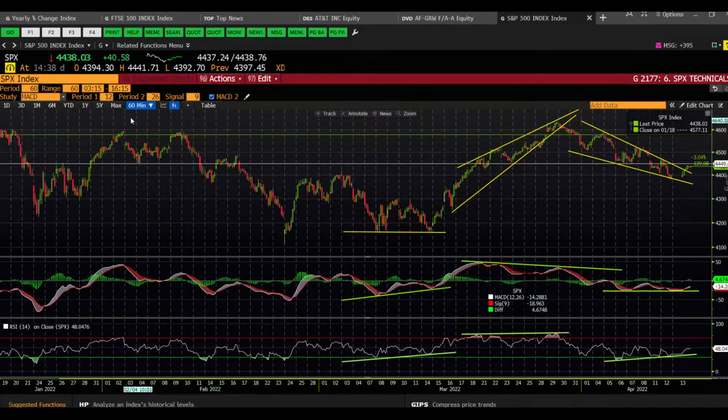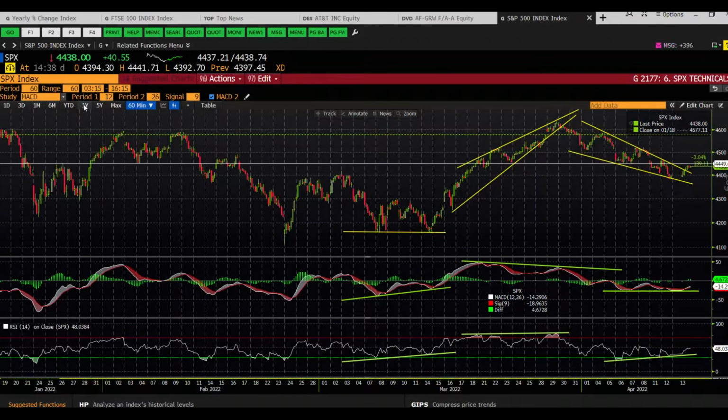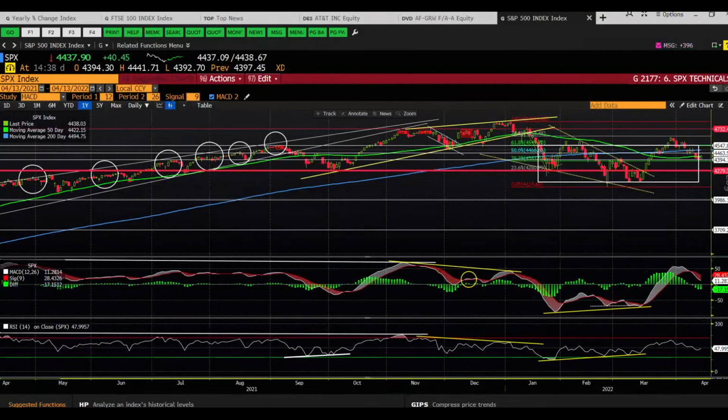But of course, for our purposes, we're more interested in things like the 1-year daily chart. And there, we still have issues, right? So we have this range here that we rectangled, much like the range in fourth quarter 2018. We had the 50-day moving average drop below the 100-day, and now we have the market doing battle with its 50-day moving average. The close below yesterday was bearish, and so we have support here at what is this 38%